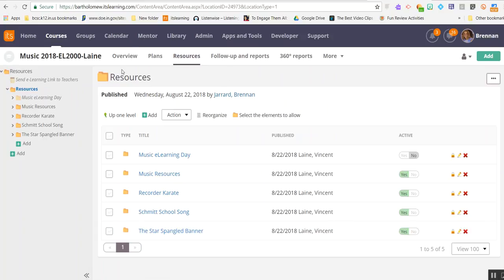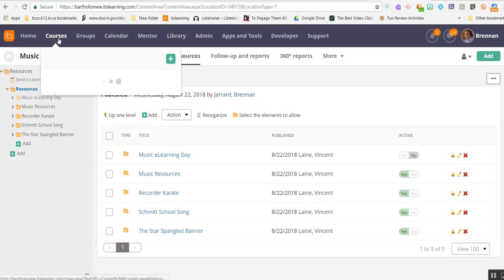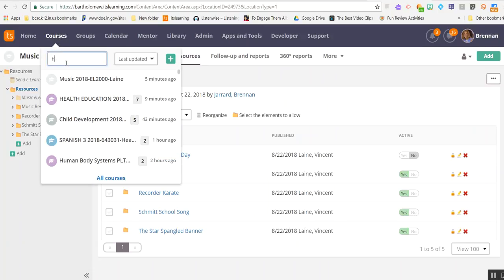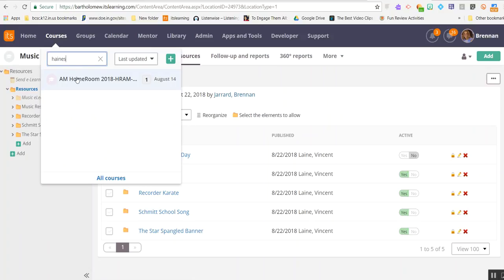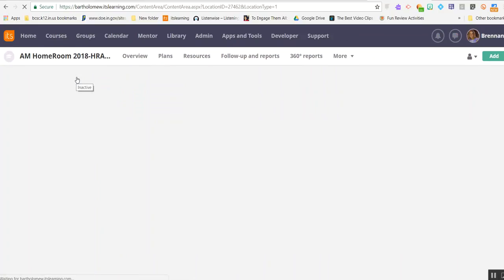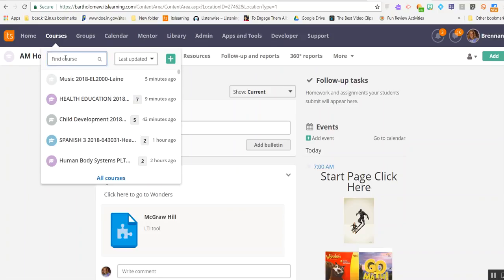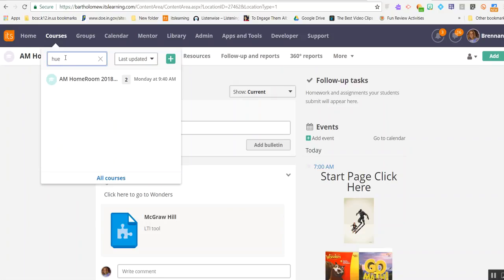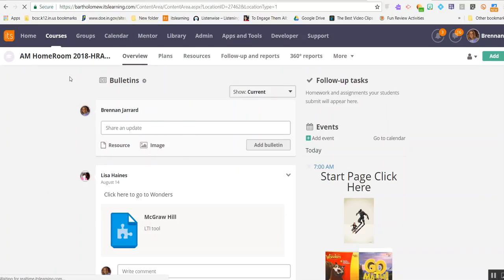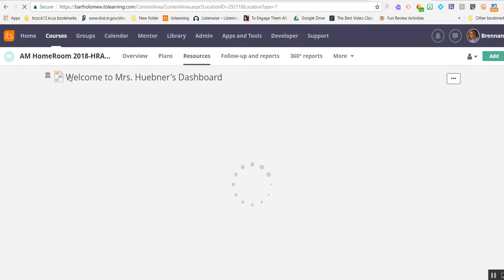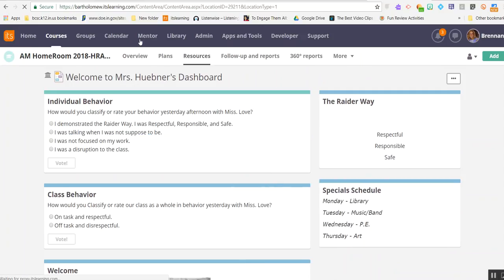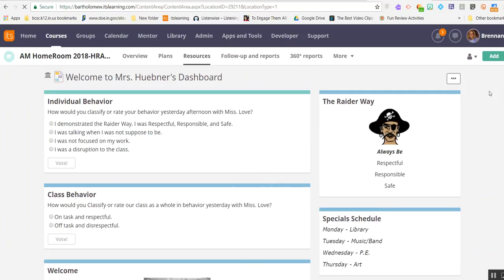Another option for you, if you don't like this layout, is I'll show you an example. You can actually create a page as your start page as well and then link to different things. So I'm going to show you an example of that in case that's what you want to do. So what this teacher did is she wanted to create a look that was similar to the It's Learning View of the past. So she made a page just by doing Add,